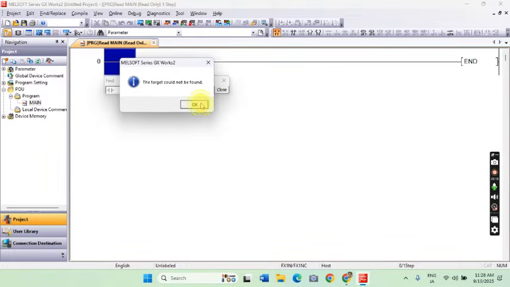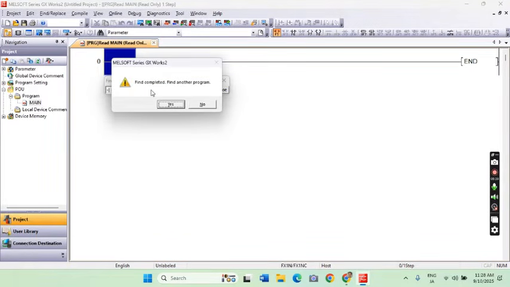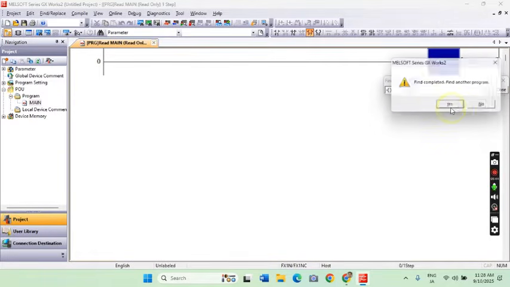My first attempt was not accepted, so I'll try again with a different address, X3. Again, my input is not accepted. Let's try to add a coil, Y3. Again, it is not accepted.